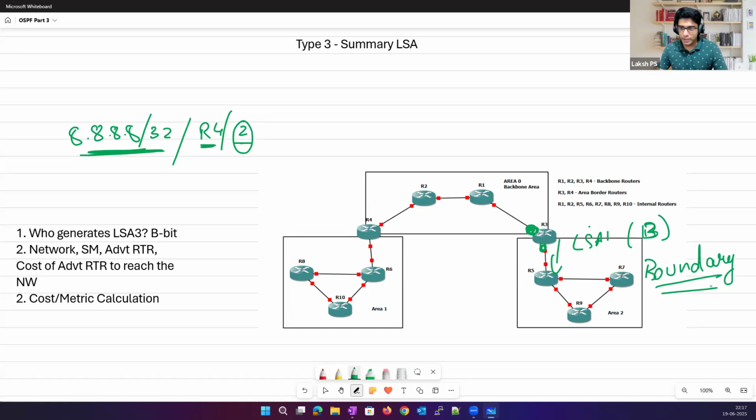Boundary bit, which means that all these routers in area 2 will come to know that R3 has now become the ABR. Now, to reach any external network, these routers need to go to the ABR, that is R3. Similarly, R4, the moment we connect R4 to area 0 and any other area, R4 will generate an LSA 1